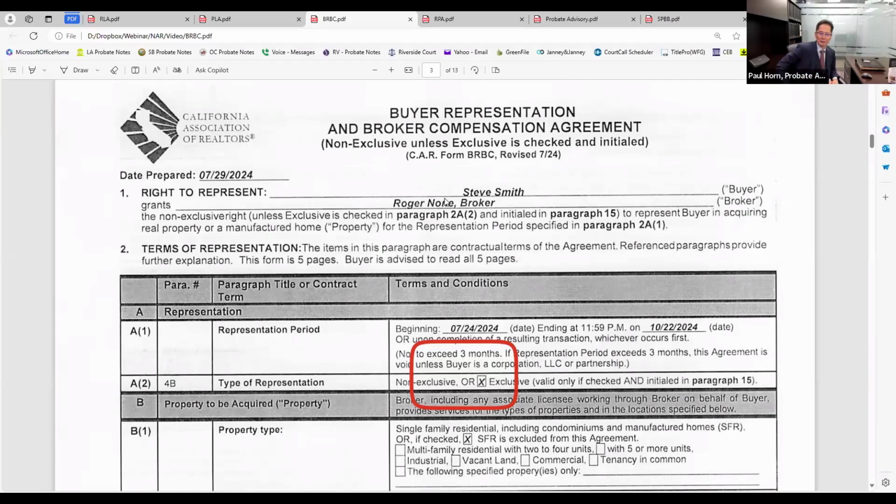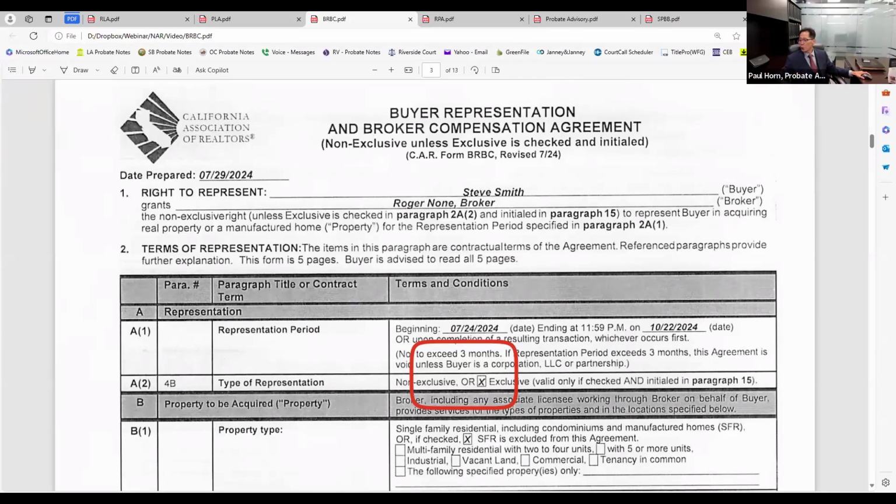This is where, remember how in the listing agreement, the compensation there is purely for the listing agent, nothing for you, buyer's agent. Here is the buyer's agent compensation. Here it is.